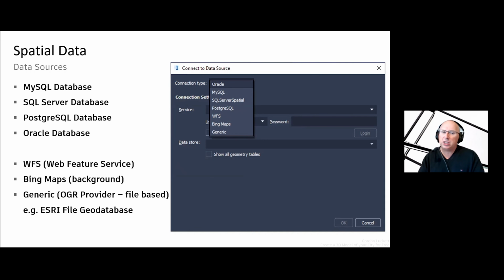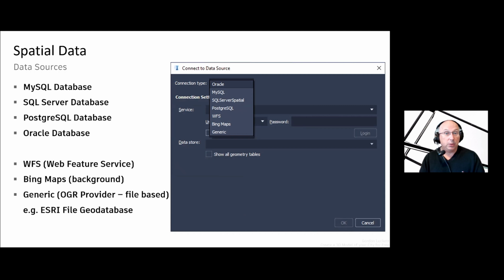But just a note here, all the files you use and all these databases you use are imported into your model. They don't get updated. So if you were to update your Oracle or your SQL Server database or even the file, InfraWorks will not see those changes until you manually refresh your model inside of InfraWorks. Just keep that in mind. That's one of those gotchas. Some people say, well, I updated Oracle and I'm not seeing it in InfraWorks. That's because you've got to requery the database again to bring it back into InfraWorks to see it. So that's one of those gotchas that you may miss if you don't know that InfraWorks caches everything.